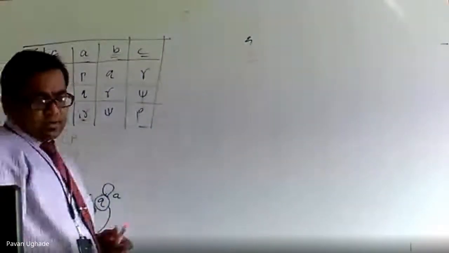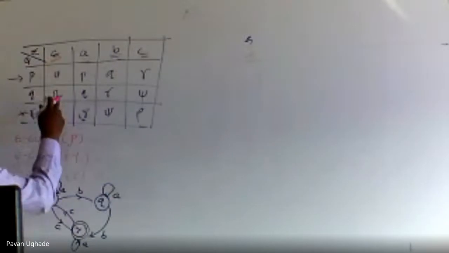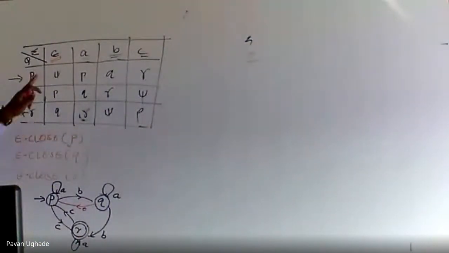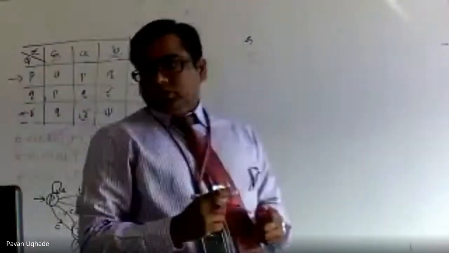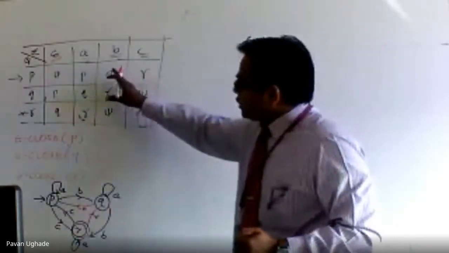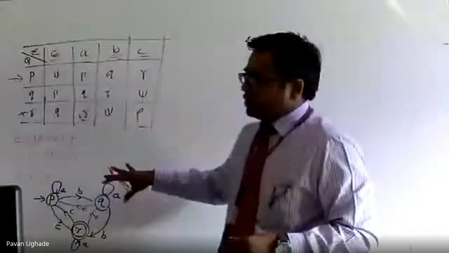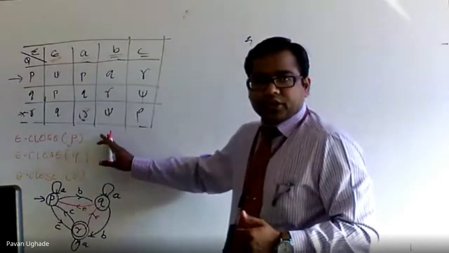So let's make the epsilon transitions for this. P over epsilon is not going anywhere. Q over epsilon is going to P, so here I make a transition over epsilon. Then R over epsilon goes to Q. Now this is how you have successfully drawn the automaton transition diagram. Now it is easy for us to get the epsilon closure.